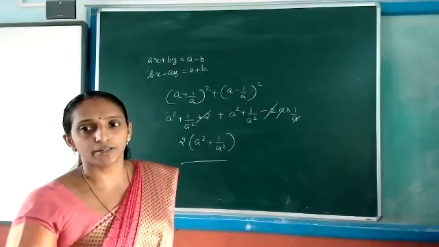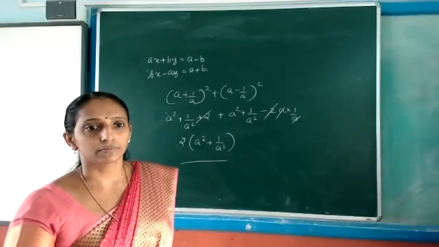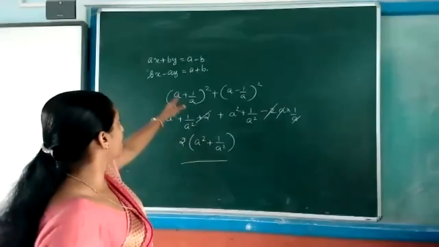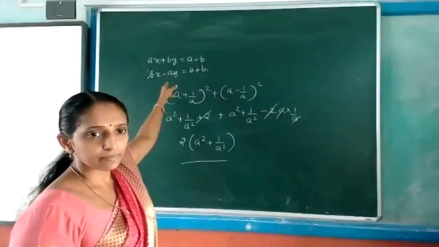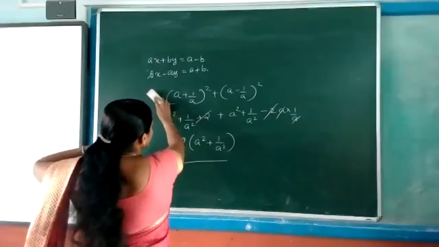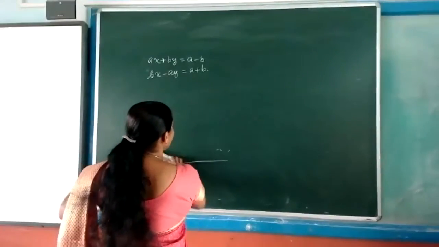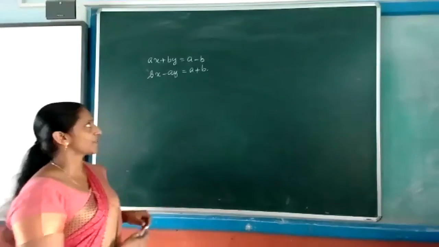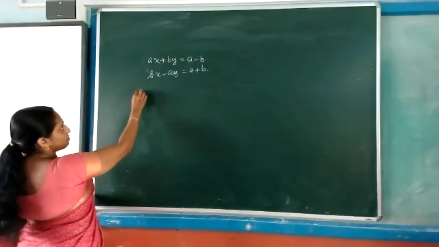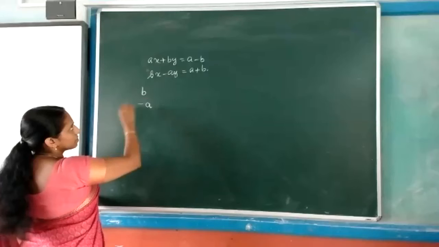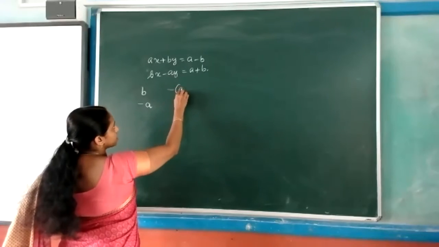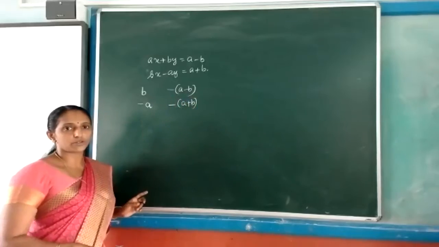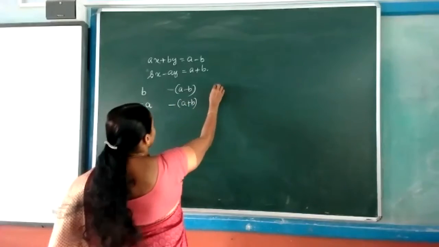Maya, any doubt? Miss, I am not getting this cross multiplication method. Miss, can you please explain this by giving one solution? Yes, miss. Why are you not getting it? You are not thorough with the cross multiplication method. That's why. Taking the coefficients b1, b2, c1, c2, that will be minus of (a minus b), minus of (a plus b), because in the standard form you have to make it equal to 0. Then a1, a2.